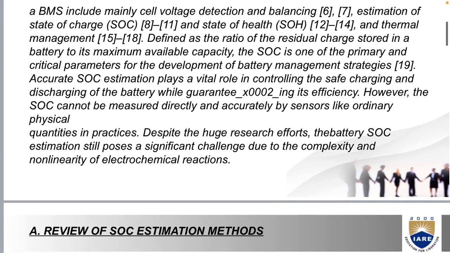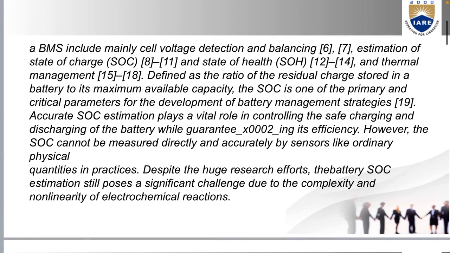The functions of a BMS include mainly cell voltage detection and balancing, estimation of cell state of charge and state of health, and thermal management. SOC is defined as the ratio of the releasable charge stored in a battery to its maximum available capacity. The SOC is one of the primary and critical parameters in the development of battery management strategies. Accurate SOC estimation plays a vital role in controlling safe charging and discharging of the battery,